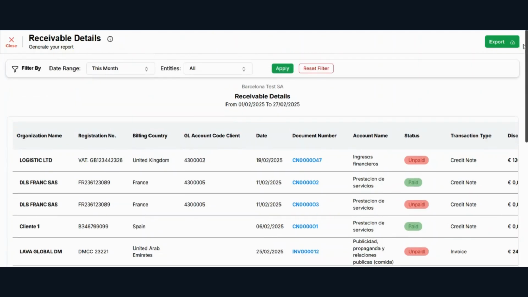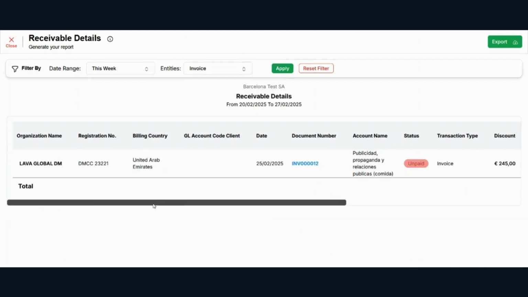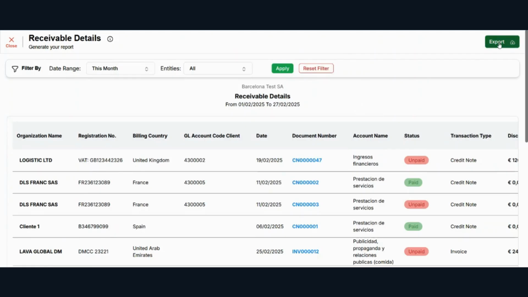If you want to customize your date, you can simply choose custom, or if you want to select your report week or month-wise, simply click on it. If you want to select your entities, simply select and apply, then you get your report. If you want to reset again, then reset it. And here you have the export option. Just click on this export CTA and you get your report.